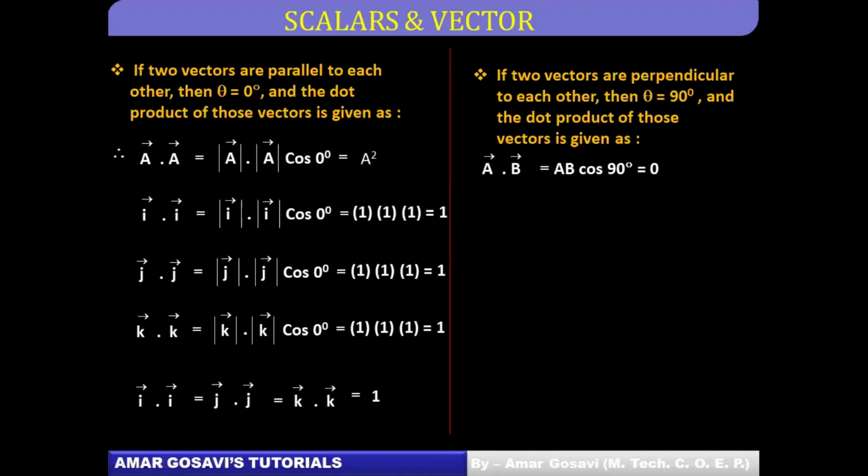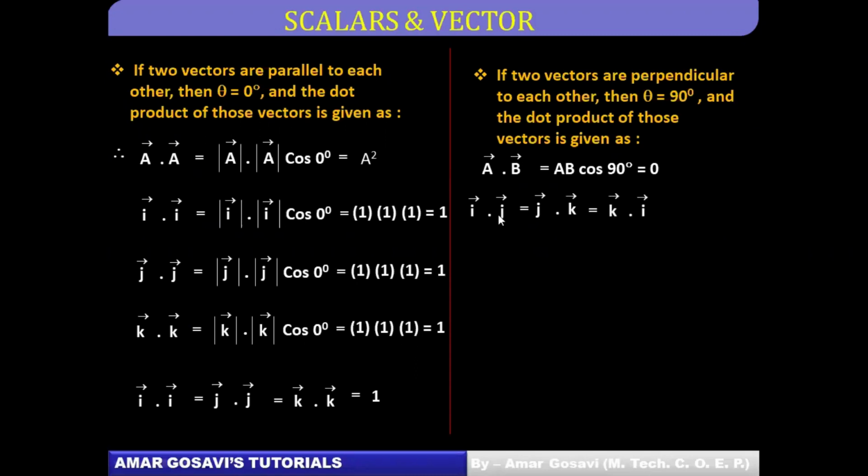Now, if you try to imagine i, j, and k, which are the unit vectors along the x, y, and z axes. The angle between the x and y axes is 90, y and z is 90, x and z is 90. So the angle between i, j, k subsequently will be 90. So they are perpendicular to each other. So let's see what the situation says. So i bar dot j bar will be, as per our definition, the magnitude of i cap, j cap, magnitude of k cap. So all these things you can see.